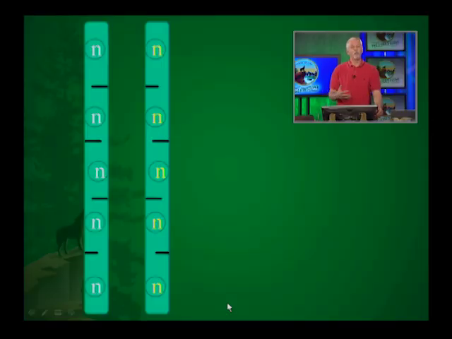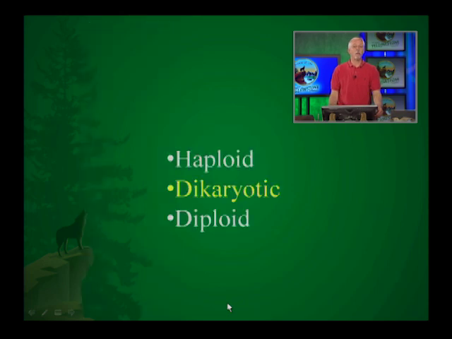Also, the hyphae can exist in three basic conditions. They can either be haploid, they can be dikaryotic, or they can be diploid. And in many cases, a particular species will exhibit all three of these forms at some point in their life cycles. So haploid hyphae then would have nuclei that are haploid. And so again, in certain stages of their life cycle, a fungus will be haploid.